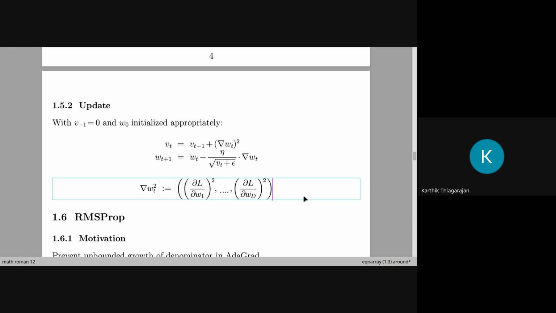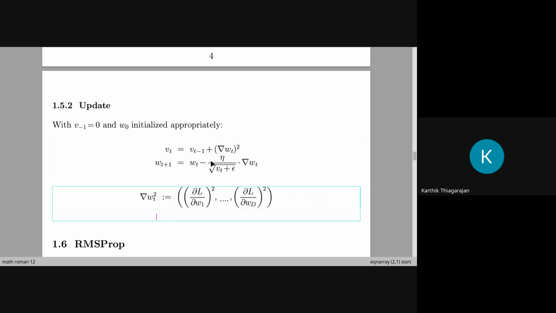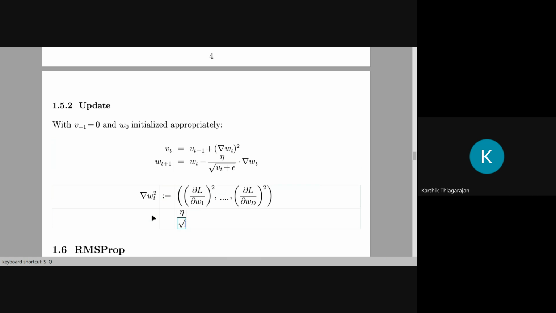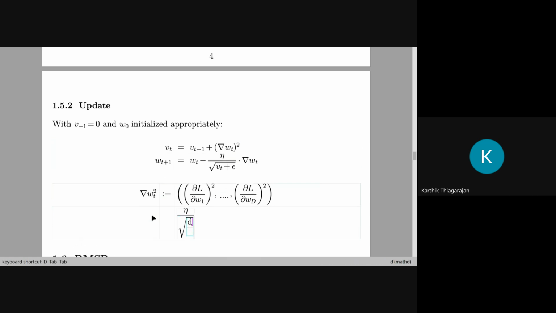So if you look at the ith component, it would be eta by square root of del L by del Wi, this whole thing squared, plus epsilon, into,